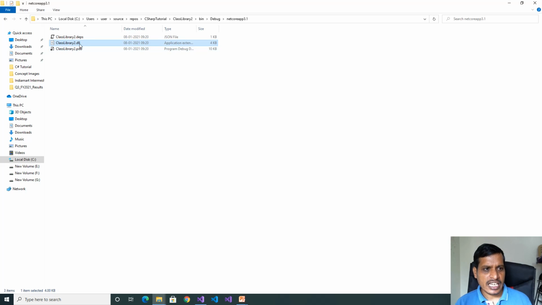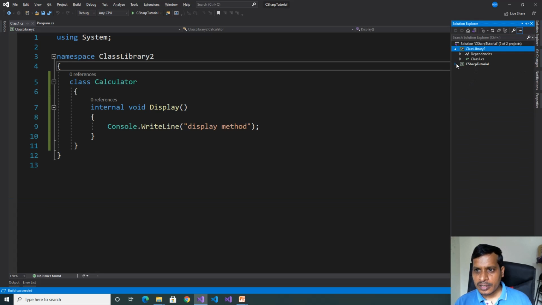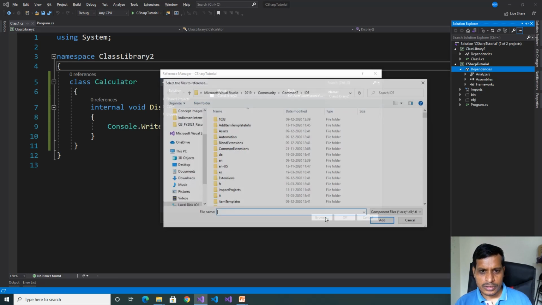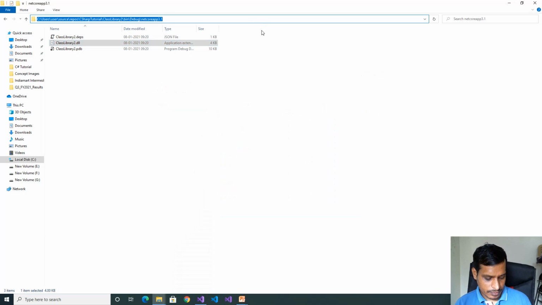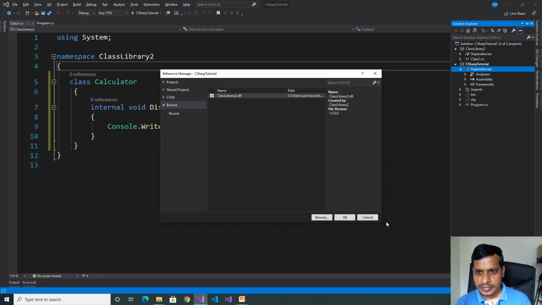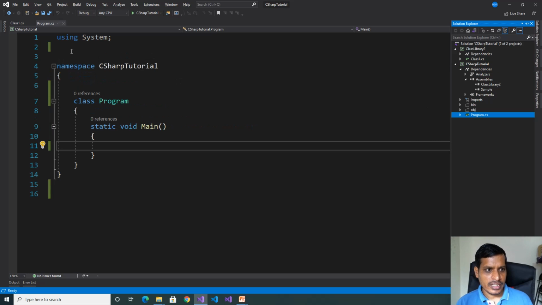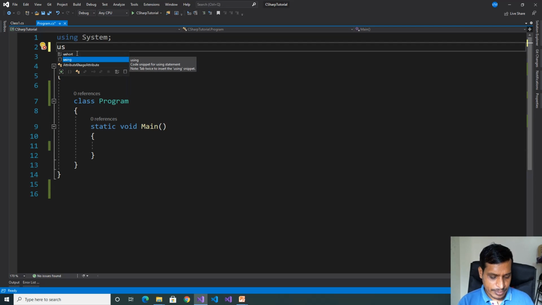Now we need to add this DLL file to the other project. Here we have assemblies under dependencies. Right click on dependencies, add project reference, browse, copy this path, paste here, enter, select this file, click add, click OK. Here ClassLibrary2.dll is added. Now we need to use this DLL file in our program. Here add the namespace using